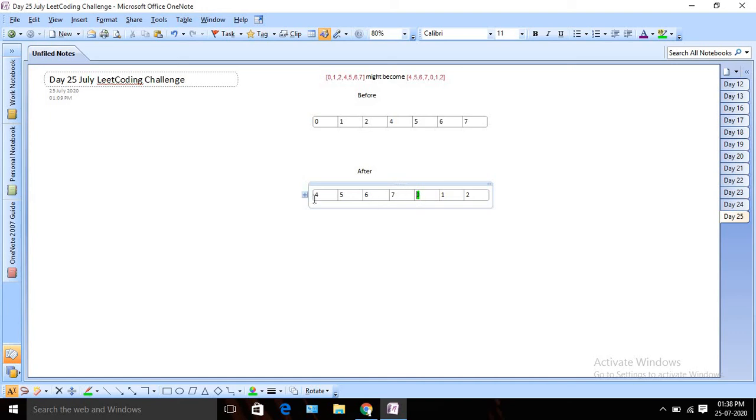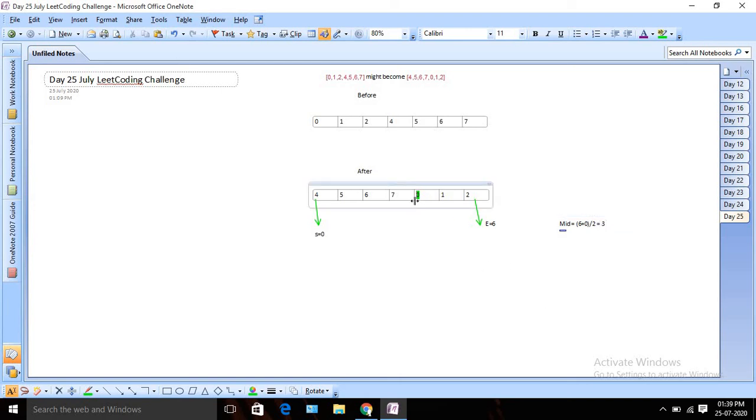Okay, so what we are doing here, I am taking two indexes. One is the start index, another one is the end index, right? Initially s was 0 and my end was 6, since the array length is 7. After that, we check that the end is not less than start, so I am going to calculate the mid. My mid is the end index value plus the start index value divided by 2, so it is 3.